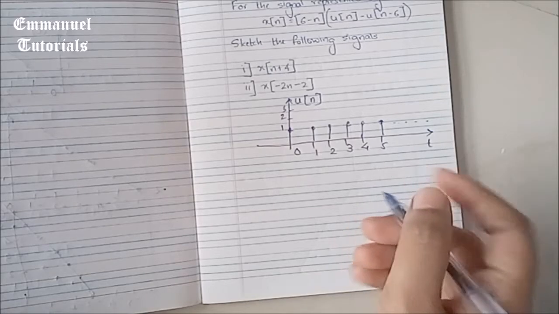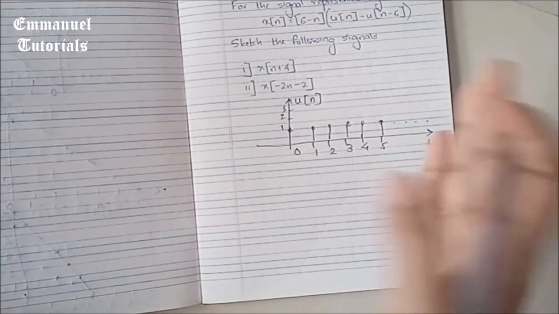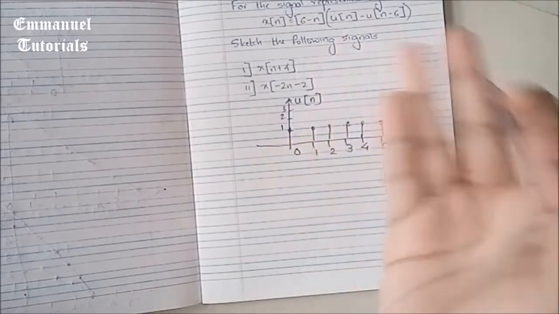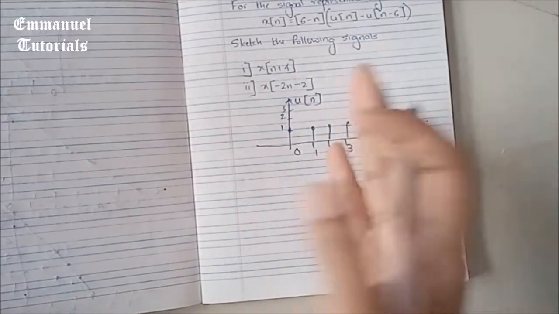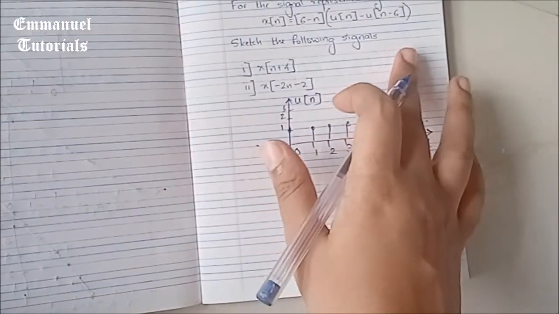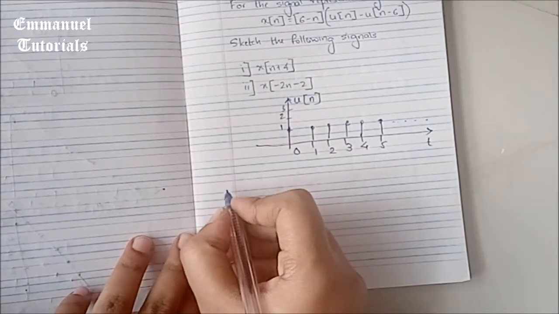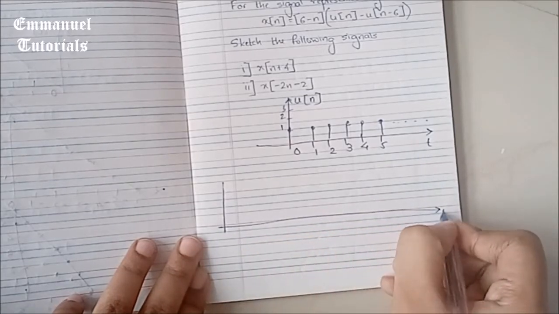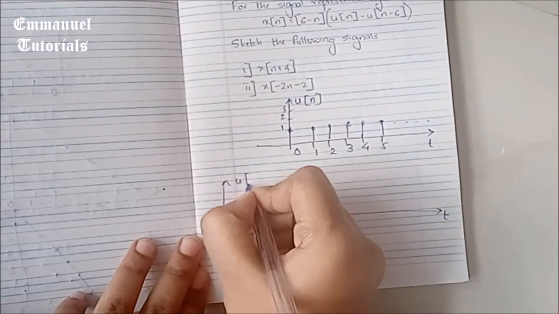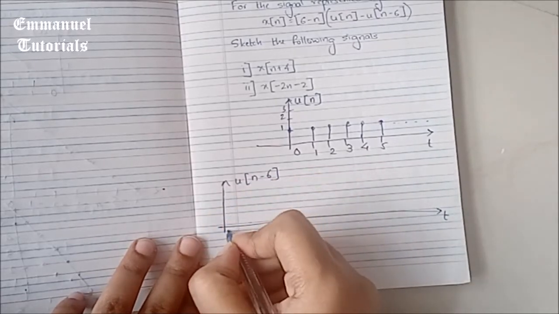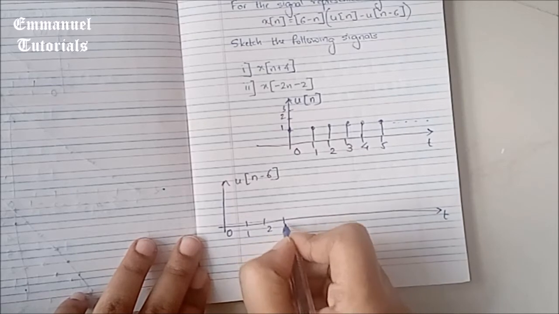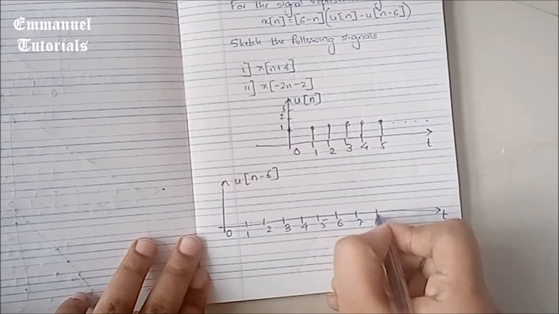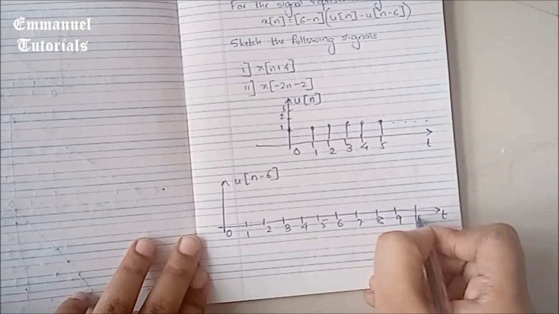Now next is u of n minus 6. U of n minus 6 is time shifted version of u of n, and what is being performed, advance or delay? It is delay because it's minus. Delay means you must move the signal to the right by how much ever t naught is given. Here it is 6. So we'll do that. U of n minus 6. 0, 1, 2, 3, 4, 5, 6, 7, 8, 9, 10.